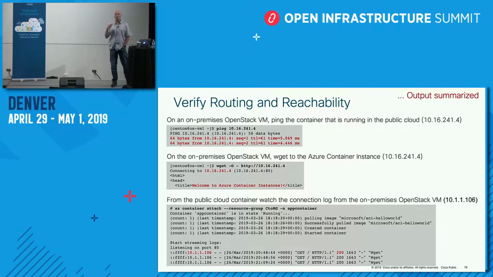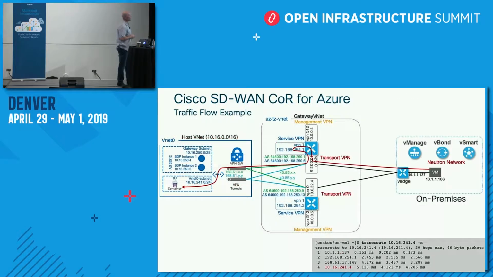It's great to know Ansible or Terraform or whatever your automation scheme is, but if you don't understand the order of operation and you don't understand what the resource consumption is of that automation, you're going to be in trouble when something happens. So when we look at the end-to-end connectivity of this environment, we can see that from our